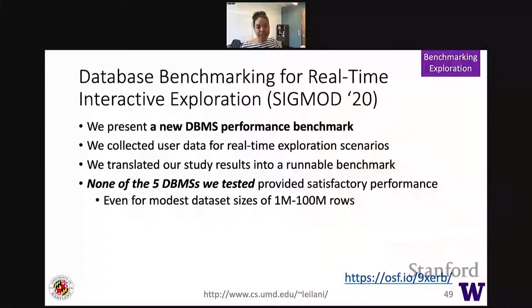So as a first step towards achieving this vision, I led a large interdisciplinary effort in building the first DBMS performance benchmark to test real-time interactive visual exploration scenarios. The main contributions of this work were the findings of a user study for collecting relevant interaction data for this use case, translation of that interaction data to a benchmark that could actually be run on database management systems, and then the findings of running that benchmark with 5 existing systems, showing that none of the systems we tested actually provide satisfactory performance for real-time exploration, even for what the database community would consider modest dataset sizes of 1 to 100 million